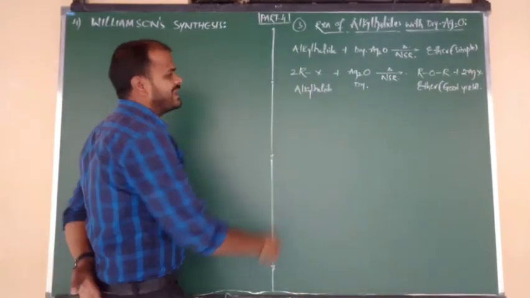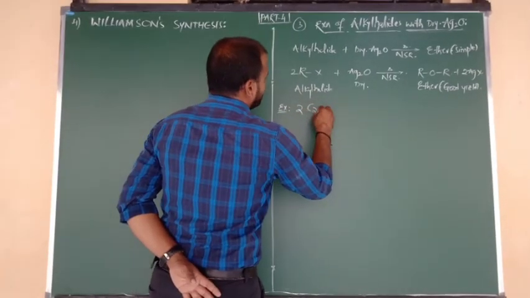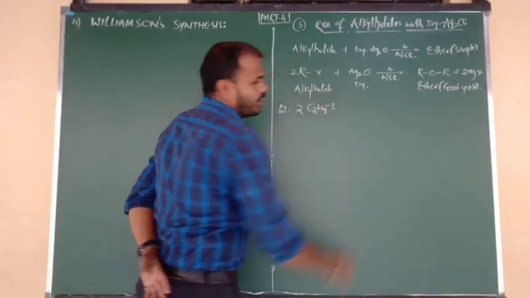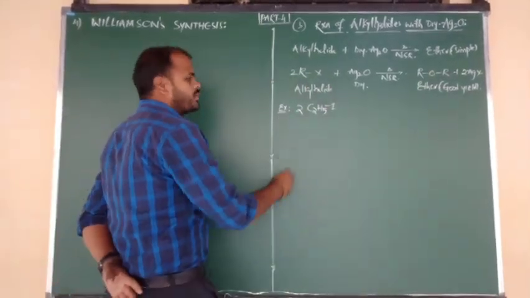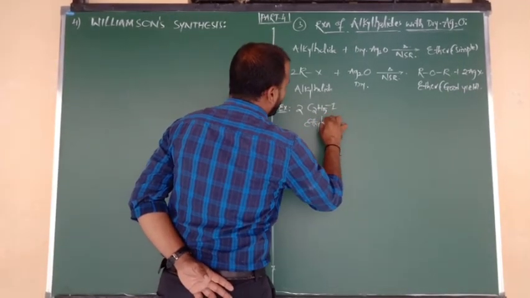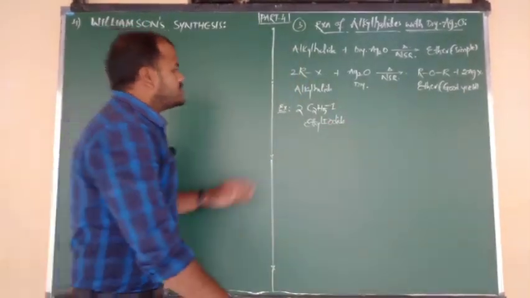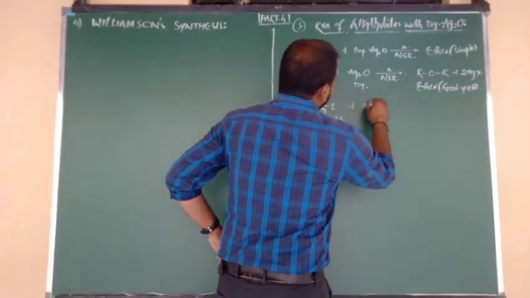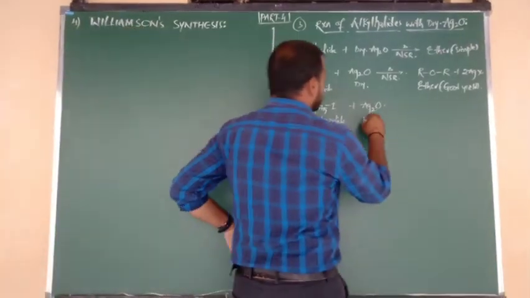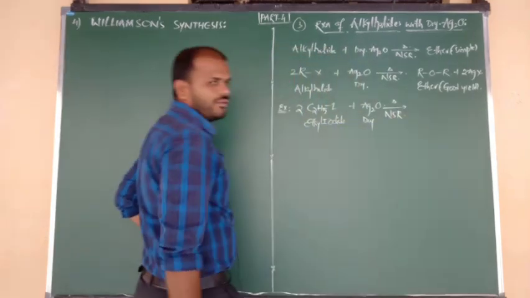Now I am going to give you one example for this reaction. In place of R, I am going to consider ethyl. So 2 moles of C2H5 connected to the respective halogen, any chlorine, bromine, iodine you can write here. Here I have taken C2H5I, nothing but ethyl iodide. So ethyl iodide on reaction with dry silver oxide, Ag2O, upon heating, the reaction is nothing but nucleophilic substitution.